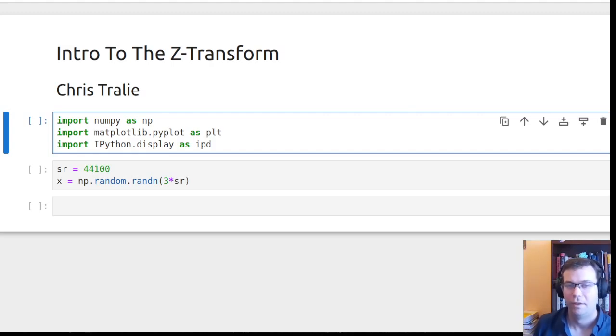Hello everyone. So we're at the point where we've done a lot of work with the discrete Fourier transform, and this is a great analysis tool. But I also want to introduce you to another analysis tool called the Z-transform, which can sometimes be more appropriate. So let me first review a couple peculiar things about the discrete Fourier transform that kind of leave us wanting